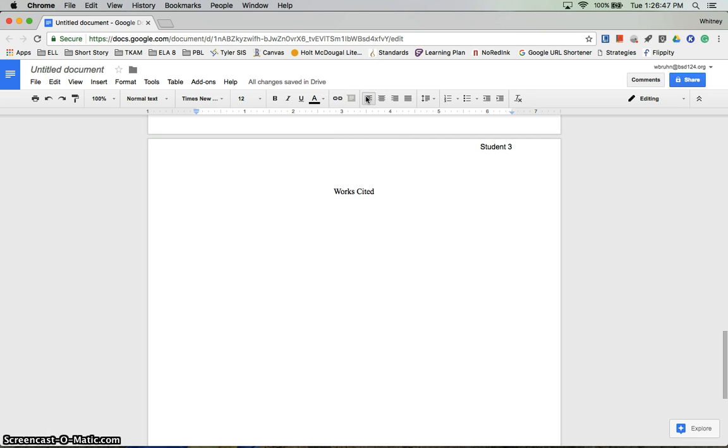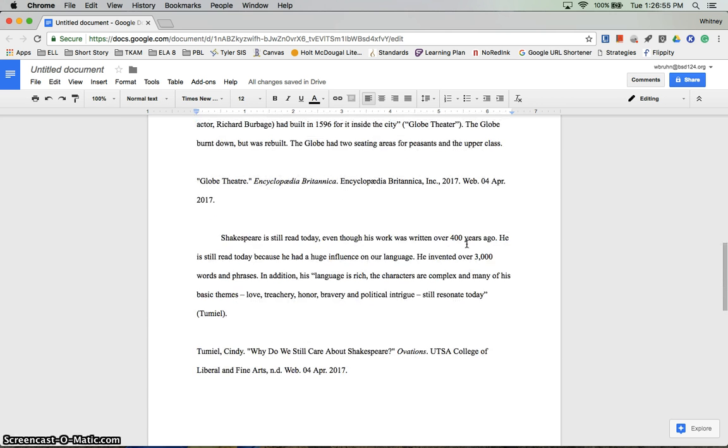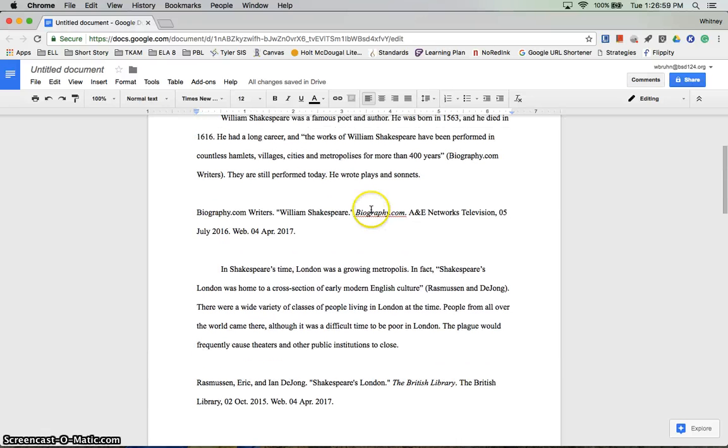Now all you have to do if you have retrieved your citations from easybib.com is copy and paste them into this page. They need to be copied and pasted in alphabetical order by the first word in the citation. So I'm going to start with biography.com writers because that is the first in alphabetical order. You can just cut it right out of your